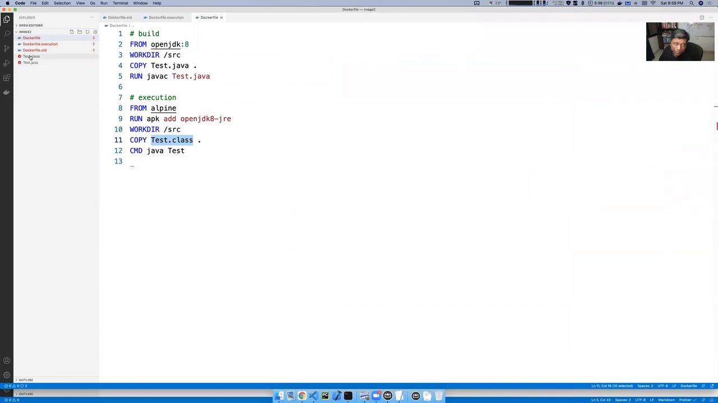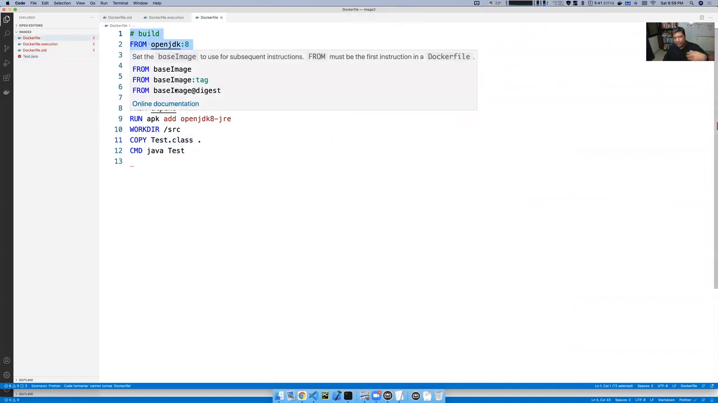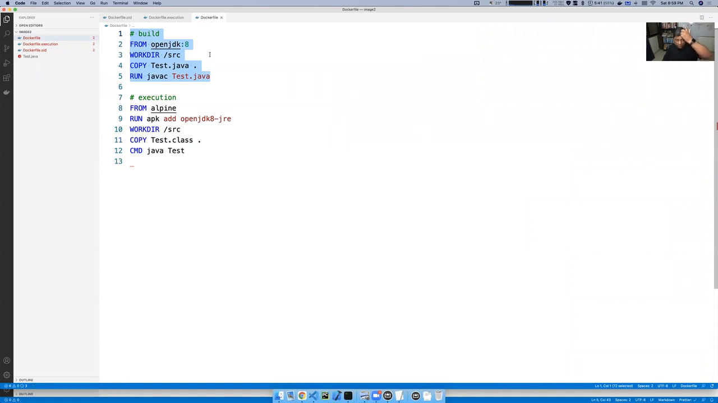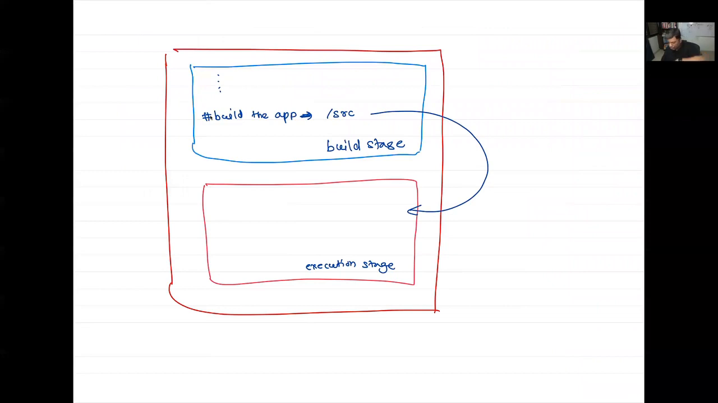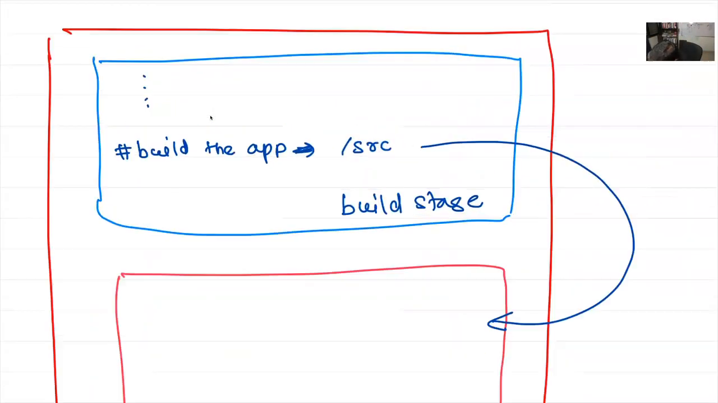The test.class is going to get copied from this machine. I'm going to delete this file because I don't want to do it in this way. I want to create one stage to literally build the image. And once the image is built, I want to copy it from the previous image. I'm sorry, previous stage. And that is where we can say from, this is what I said here,